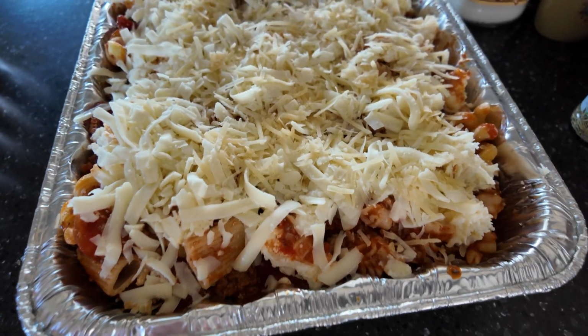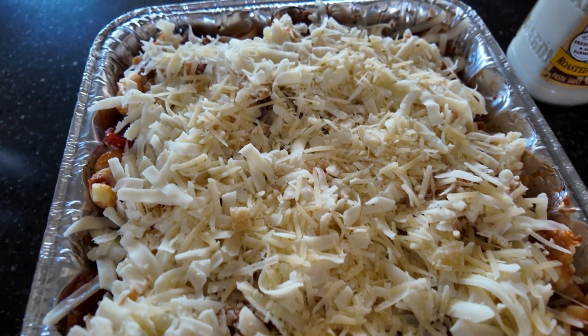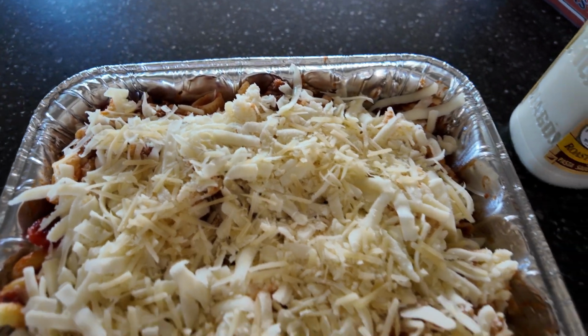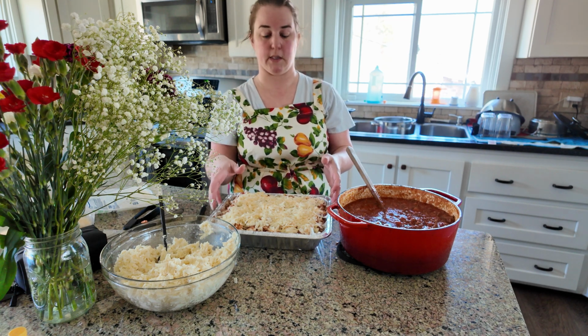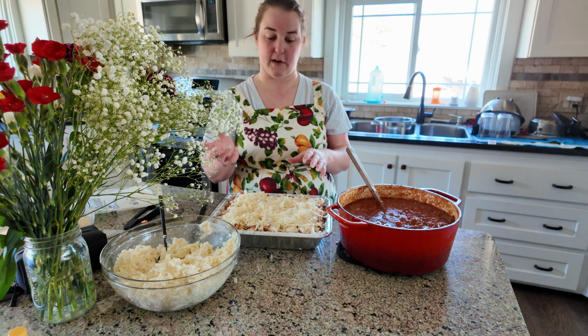All we have to do is now cover it with foil, and usually you could write on the top of it the instructions for cooking. I'm going to put foil on top, and then I'm going to put the plastic cover also on top of this, and I'm going to put a sticker that we're going to design later in Canva